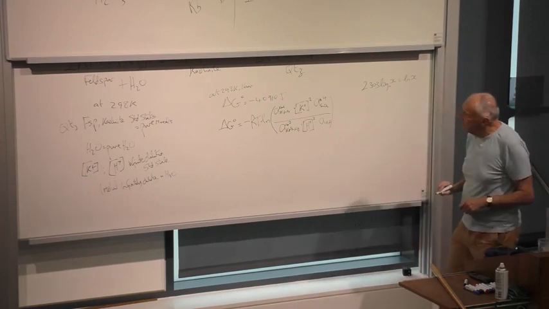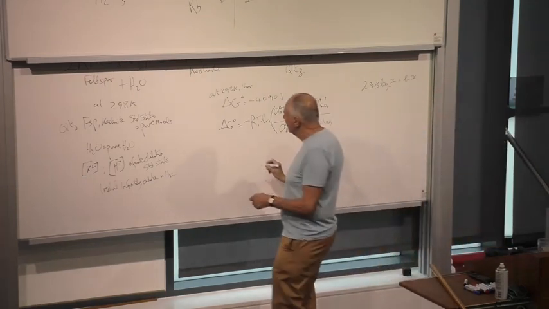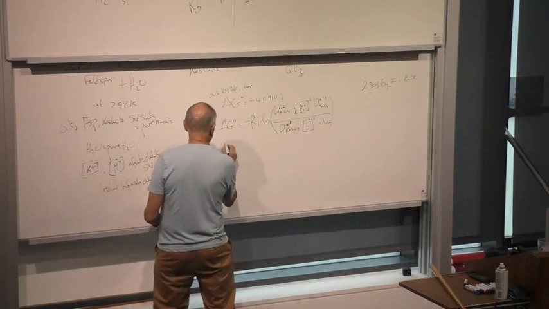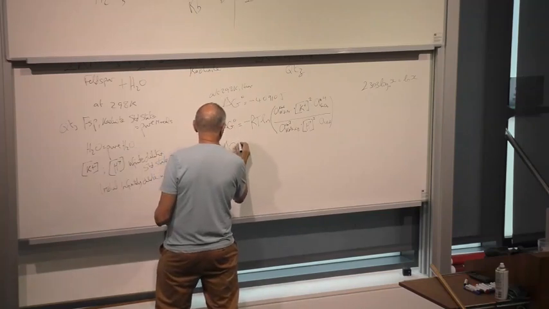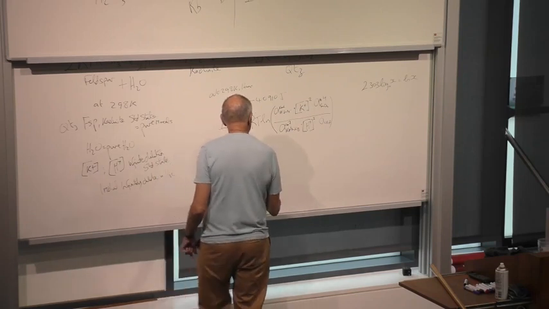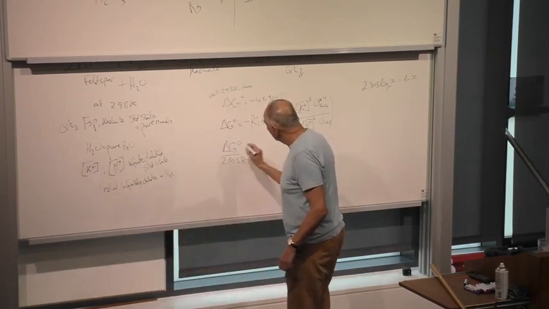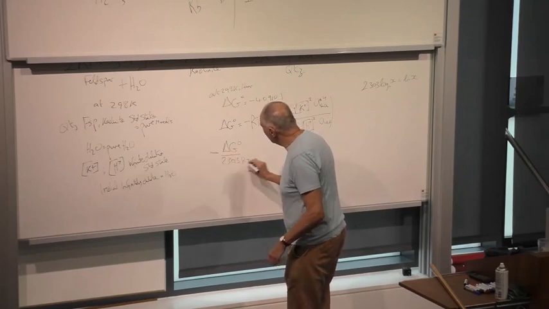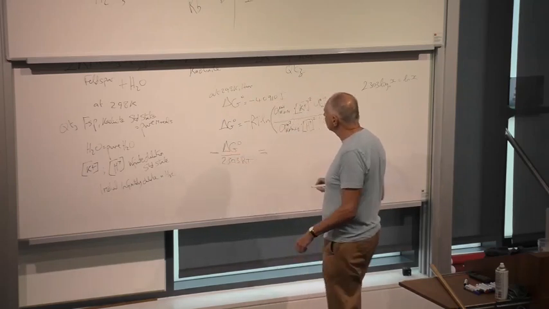Okay, so we divide delta G0 over 2.303 RT, and we bring the negative sign on the other side, and that's going to equal